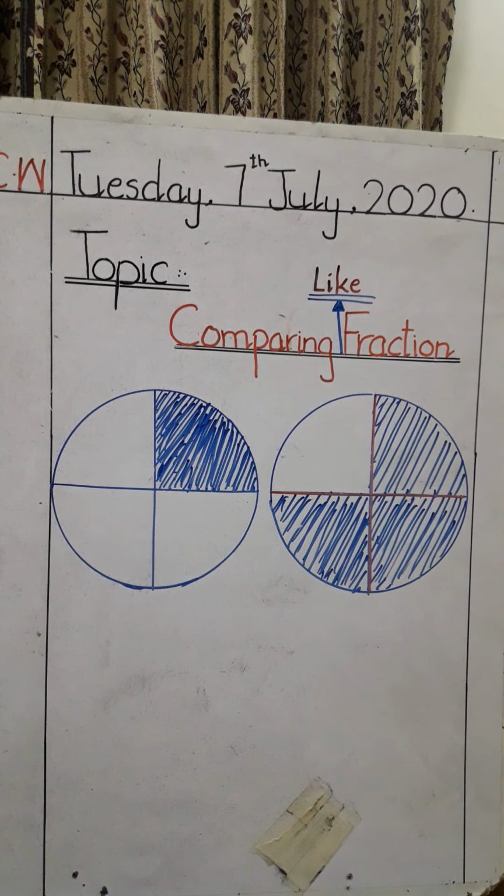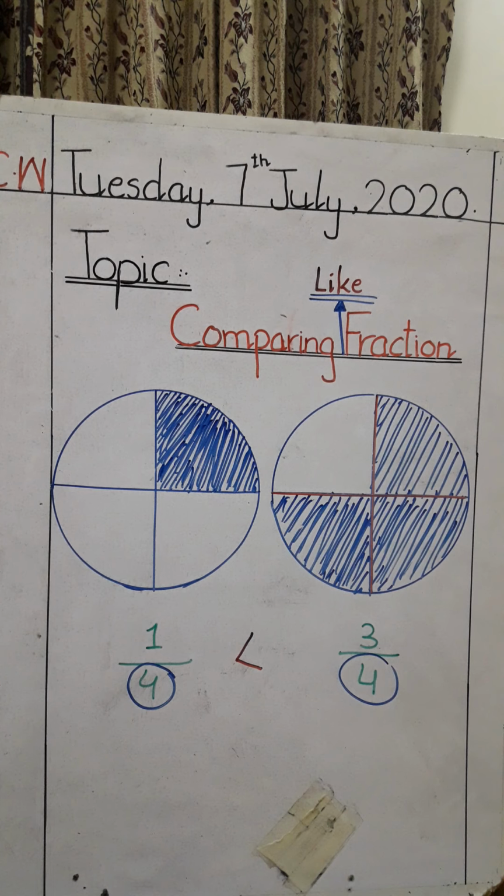So I represent it using the less than symbol. 1 by 4 is less than 3 by 4. This symbol shows the less side and this is the greater side. The open side is greater and this closed side is less. Now observe something very important over here. The denominators are the same. Here the denominator is 4 and here is also the denominator 4.